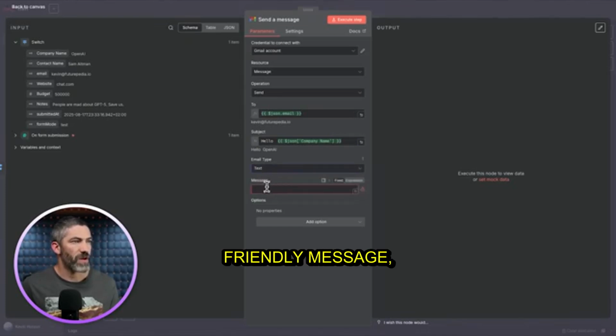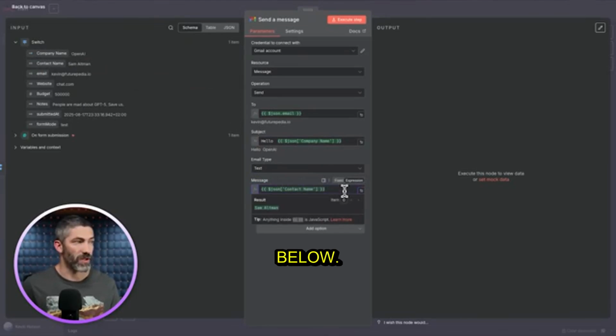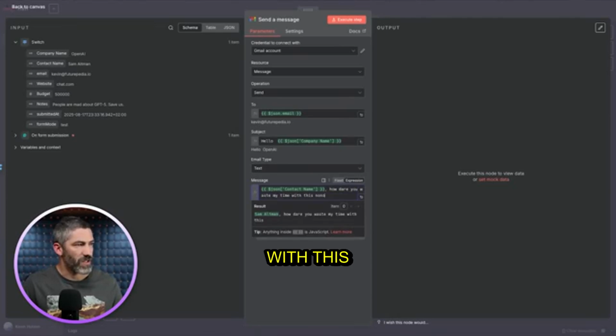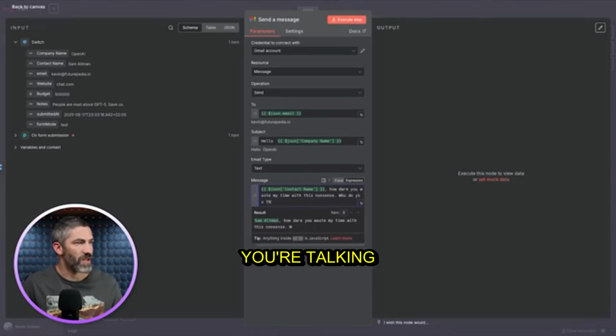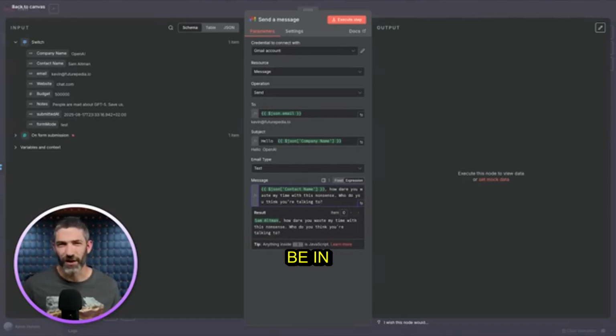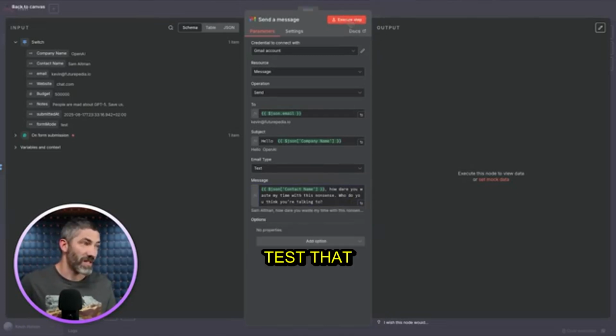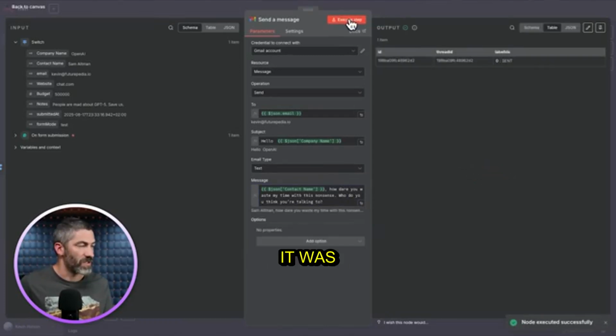Then I need a friendly message, so I'll bring in the name field, and we can see it fills it out below. Sam Altman. How dare you waste my time with this nonsense? Who do you think you're talking to? Pretty fair response to being lowballed like that, and how I respond to most of my emails. But now I will test that step. It was successful, so